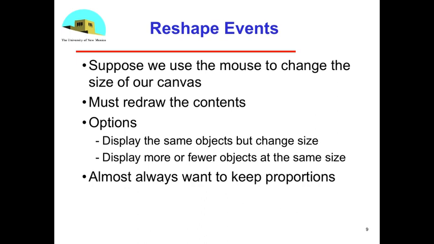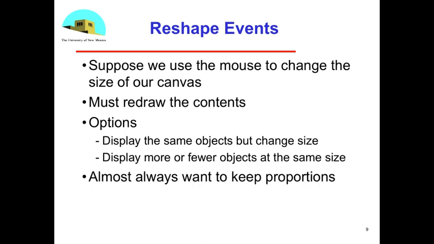Well, you have two fundamental options. One is that you display the same objects, but you change the size. This would be saying, well, I'm looking at this scene, I still want to see the whole scene within this new resized window. But then you can say, well, what if it's more like you're inside of a room and you're looking outside through a window, which is kind of the analogy where we get the terminology from, and say, what if that window were bigger or smaller? If it was bigger, I'd see more of the world outside of that window, and if it was made smaller, I'd see less of the world. So you have to choose between those two options, and that's why generally